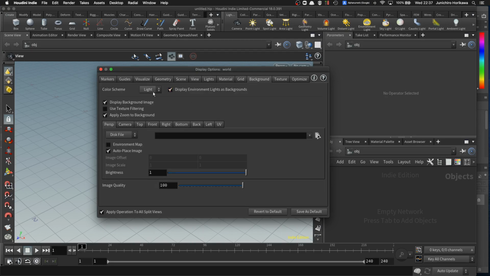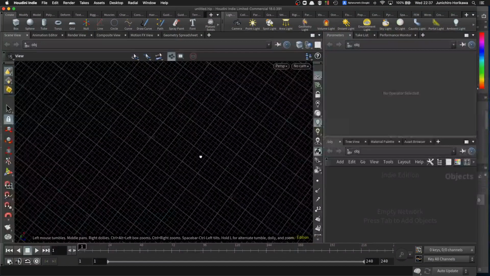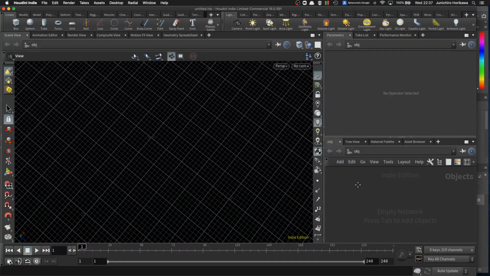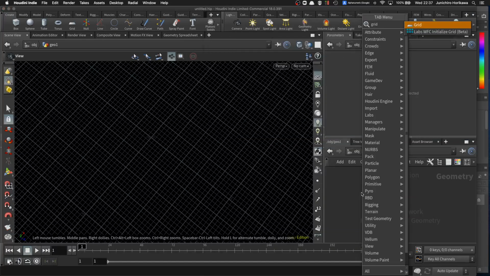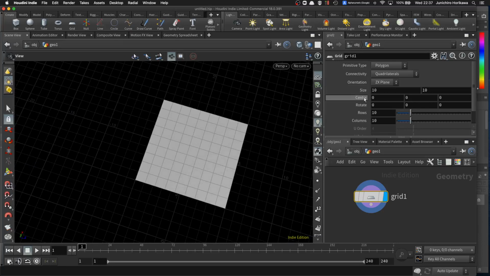What I always do, I'll just change the background to black because it's much easier for me to see. Then create a geometry node and start from the grid, since I just want to have the U shape, so I don't want rows and columns to have too many lines, so keep the rows and columns to 2. Then the size, well, the size really doesn't matter, so I'll just keep the